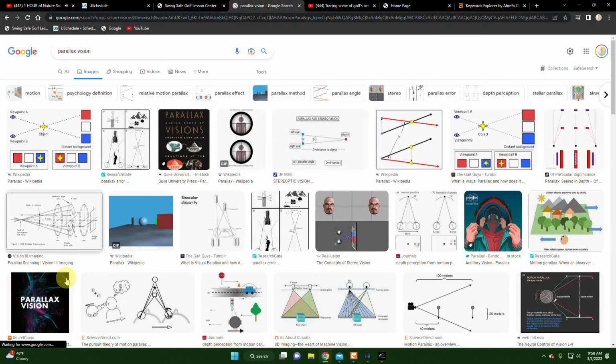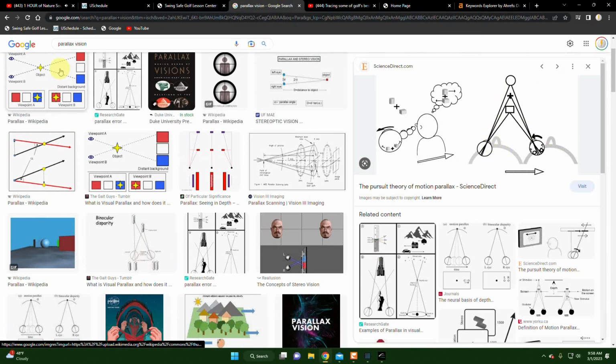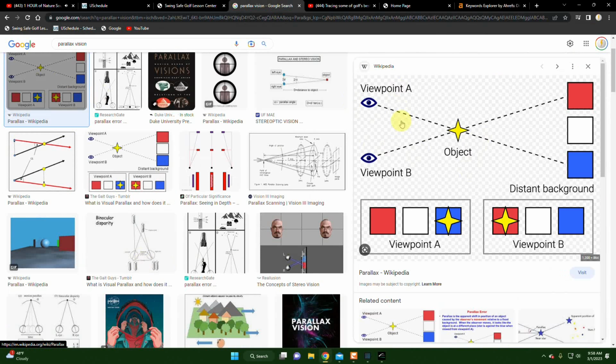All right, so basically when we're looking at the target line, what's happening is this effect called parallax in your vision, where the eyes, you know how the light goes in and then somehow it crosses in the back of our eyes, and that's how we're wired. It was a survival thing, because if you're being attacked on this side, that eye isn't, somehow it's not going to be